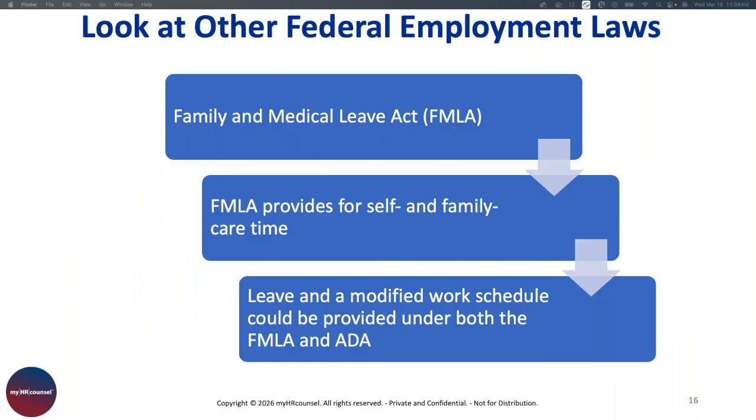You want to look at other federal employment laws when you are considering the ADA, reasonable accommodation, and the interactive process. You also want to look at other laws where there can be an overlap, where more than one law could be in play that you as the employer are responsible for following when an employee or an applicant is in one of these situations. With employees, there's the Federal Family and Medical Leave Act, FMLA. That can provide protections to employees that are ADA related. If you're covered by the FMLA, that means you're an employer with 50 or more employees within a 75-mile radius.